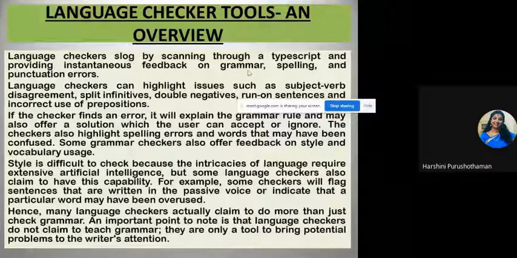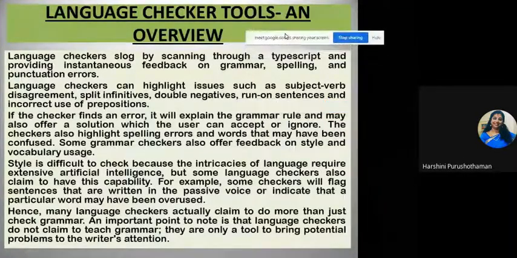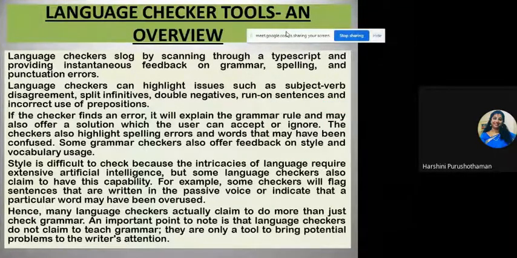So now we have come to the main part of the topic, language checker tools and overview. Language checkers work by scanning through a typescript and providing instantaneous feedback on grammar, spelling, and punctuation errors.